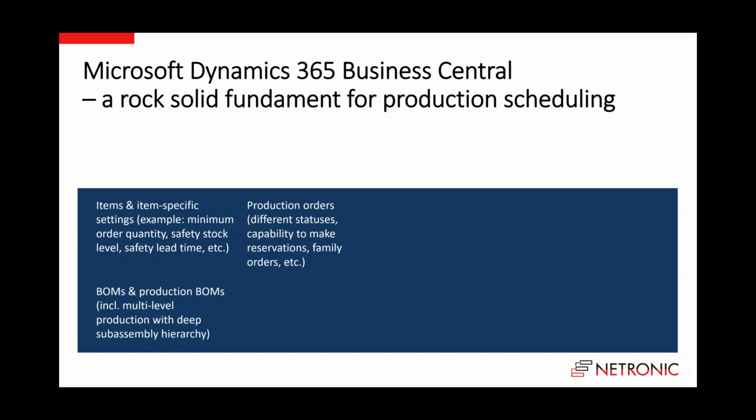There are some things that you can do to a firm planned production order that you cannot do to a planned production order, for example, make the reservation in order to fulfill some sub-assembly hierarchy. There are some things you can do to a released production order that you cannot do to a firm planned production order, like the posting. So there is actually a lot of power here. There are family orders. So again, a lot of good